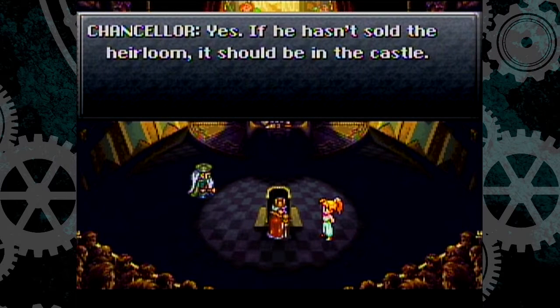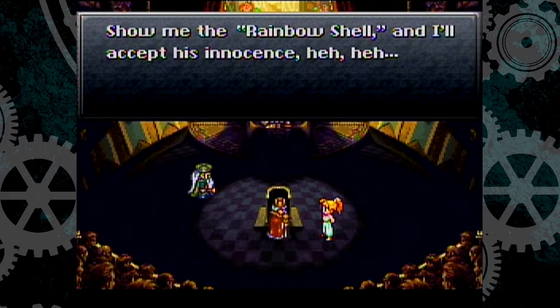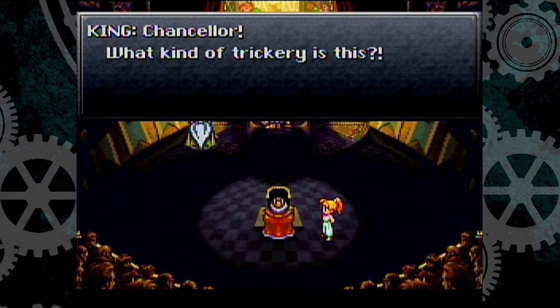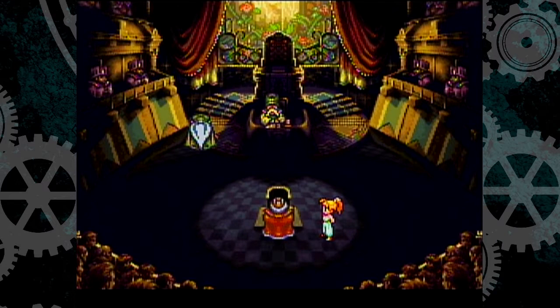We need proof, huh? All of a sudden this seems like a Phoenix Wright game. An Ace Attorney game. Well, as they do in the Ace Attorney games, we have to go into our investigation mode and search for evidence, right? So we need to...